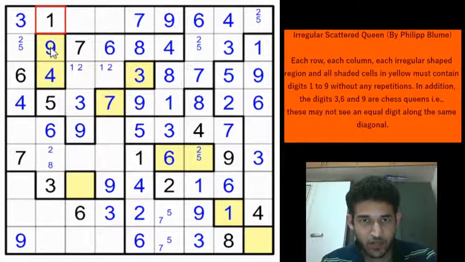Okay. And let's look at column 2 now. 1, 4, 5, 9, 3 and 6 have been placed. Remaining digits are 2, 7 and 8. So 2, 8 is here. This is a 2. So this will be 7 or 8. And because of this 8, you get a 2 or a 7 here.